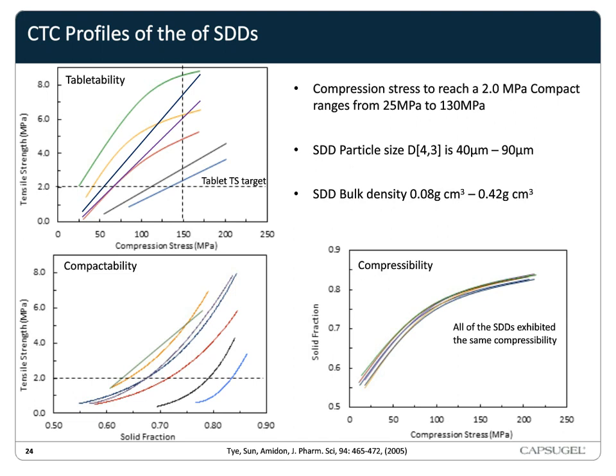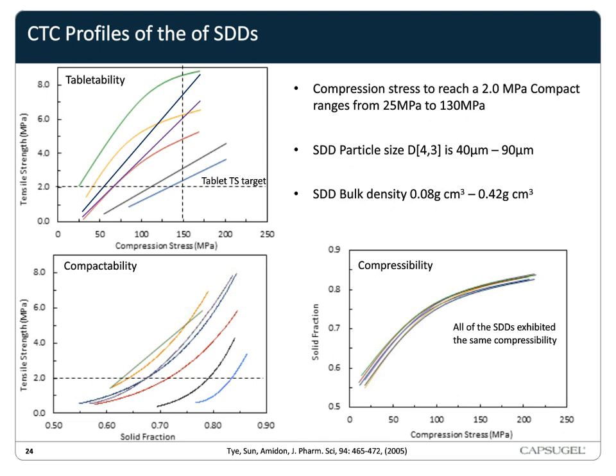Generally, when we tablet, we will try to target a 2 megapascal tensile strength, and what we try to do is stay below a 200 megapascal tensile stress. In this example, the tablet was a direct compression. So really what we were concerned about is reducing the filler amount in the tablet and trying to do that with the lowest compression stress.